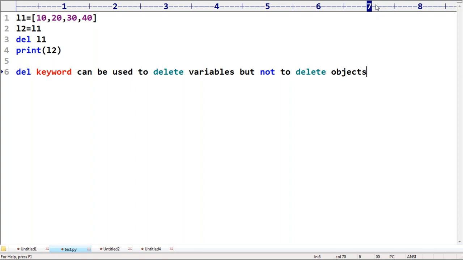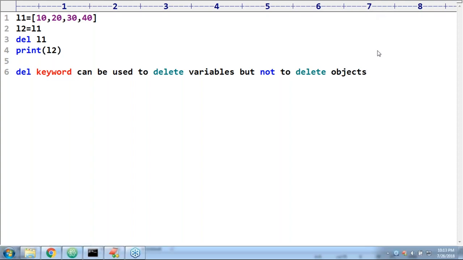Can you please tell? Is it valid or invalid? Yes, valid. So the del keyword is not used to delete objects. The del keyword can be used to delete variables, reference variables. Remember, don't get confused.